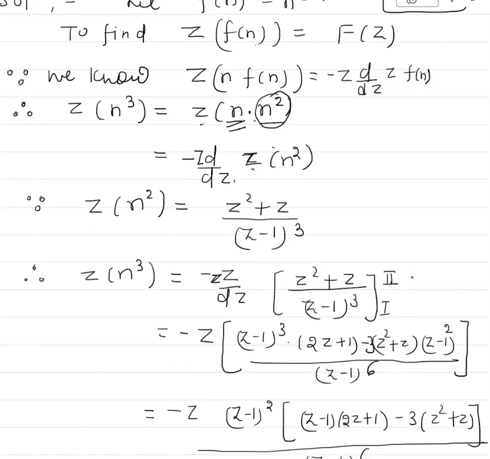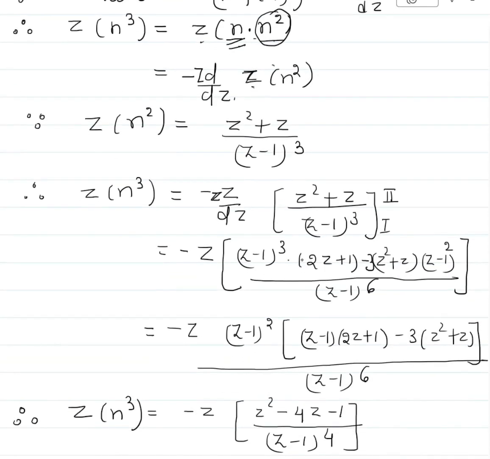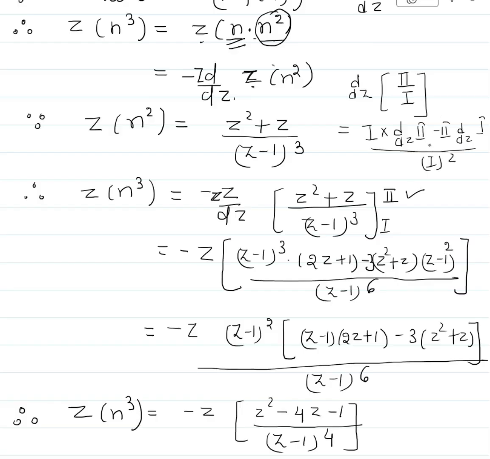So I think we know the formula of the differential coefficient when the numerator and denominator is given. Always the denominator is the first function and the numerator is the second function. So we are just differentiating by using the formula. The formula I am writing is d by dz of second upon first: first function d by dz of second minus second d by dz of first, upon first the square. So the same formula we are using here and getting this particular result.